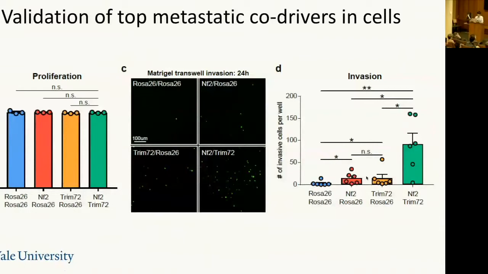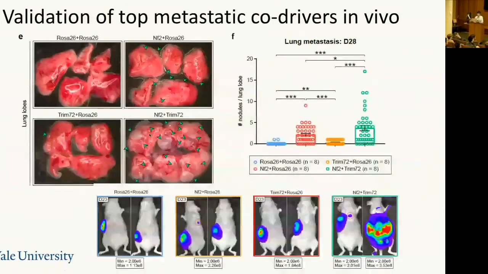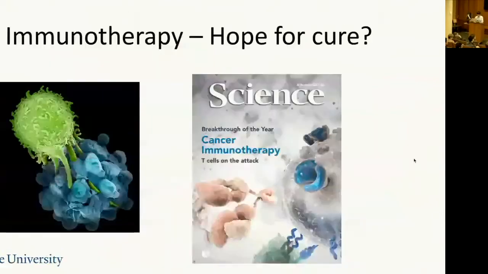And the most important one is the in vivo validation, meaning knocking out both genes indeed drives metastasis much faster than knocking out a single gene alone. So in the patient, if the patient's mutations have those 2, then it would be a poor signature for survival. So, and then in the final several minutes of the talk, I would like to turn to the current